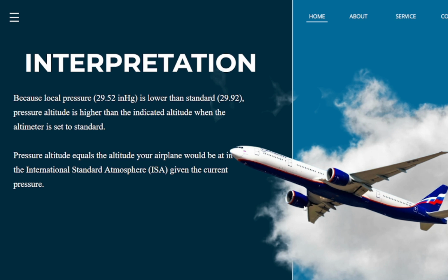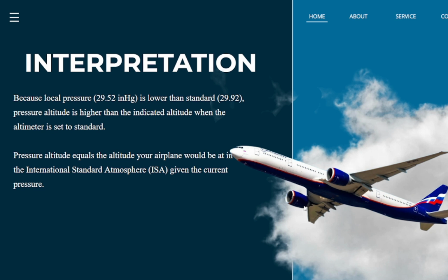Because the pressure is lower, our pressure altitude is higher. This matters because aircraft performance charts, takeoff distance, climb rate, and engine performance are all based on pressure altitude, not indicated altitude. In higher pressure altitude conditions, engines produce less power, wings generate less lift, and true airspeed for the same